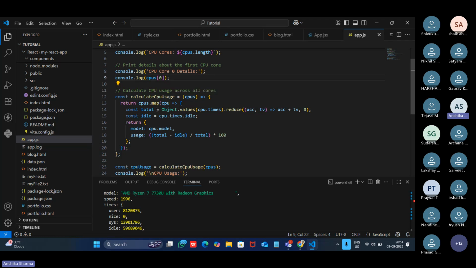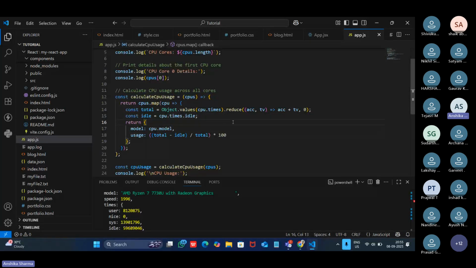You can see over here, I have told you that whenever we have multiple lists, like arrays of objects, arrays of values, then we use this .map function, which will take each of the values from the array one by one. It is a kind of loop only, but in JavaScript we use this .map function, which is very prominent and you will see it many times. Similarly, they have used this .map function to map each of the index values from the cpus array. And next, they are trying to get the cpu.times, like what is the time it is using.